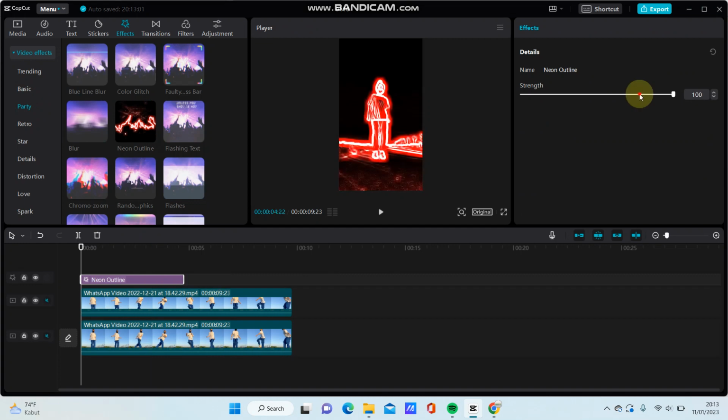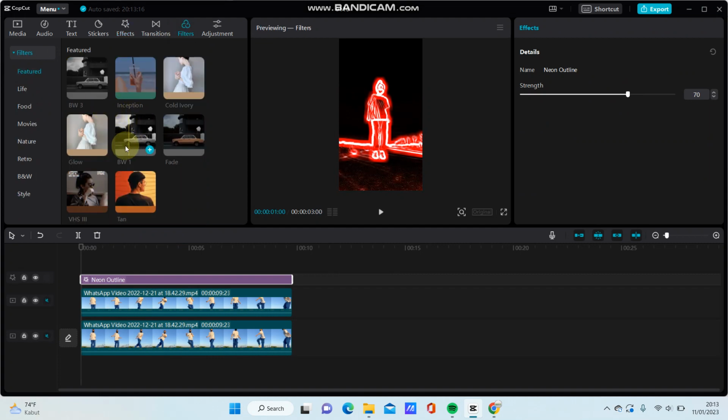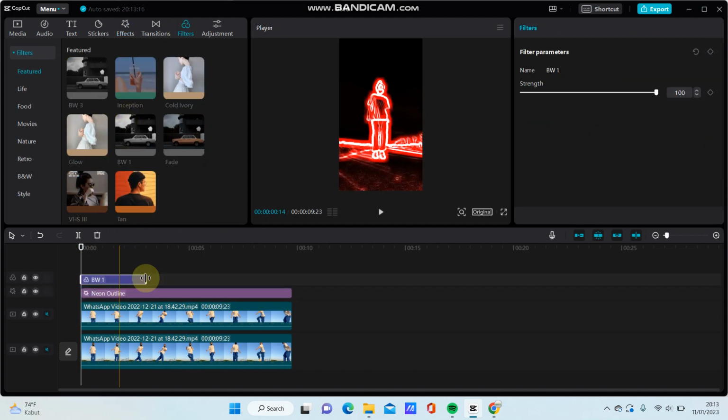And set the strength to 70, and just go to Filter and select BW1. Just adjust the duration, and then